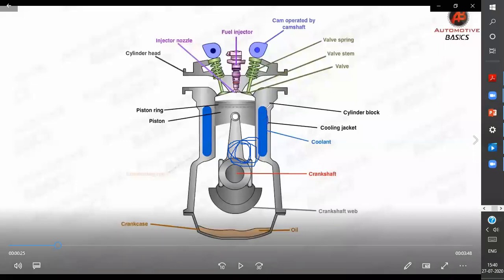This is taking heat from the cylinder body. Here you can see this blue part. Here it is taking heat continuously from the cylinder body, because the cylinder is getting heated very much. So you have to keep it cool. That is why a coolant is also provided. So the lubrication system is different and the cooling system is different.